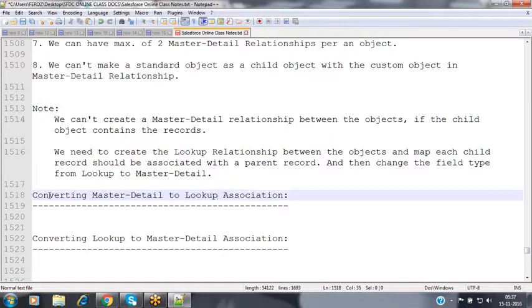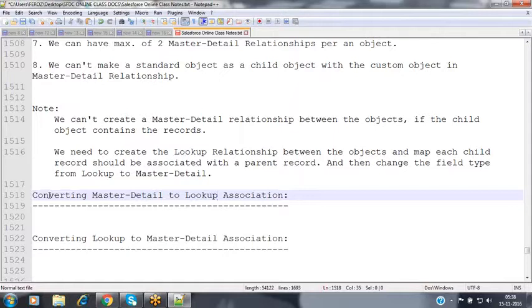Then I want to map a primary key on that child table, which already has records. How can we do that? Whenever you create a primary key on an object which already holds records, a primary key directly cannot be accepted. First of all, we have to create a column with a not null constraint, provide some value in that column for each and every record, and then convert that not null to primary key.